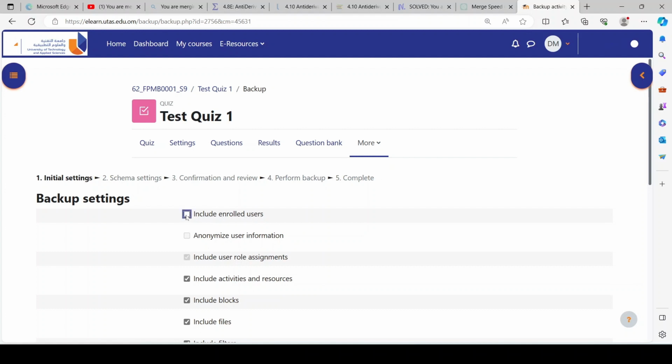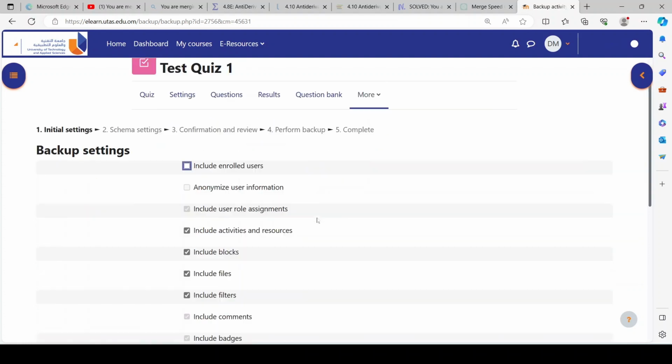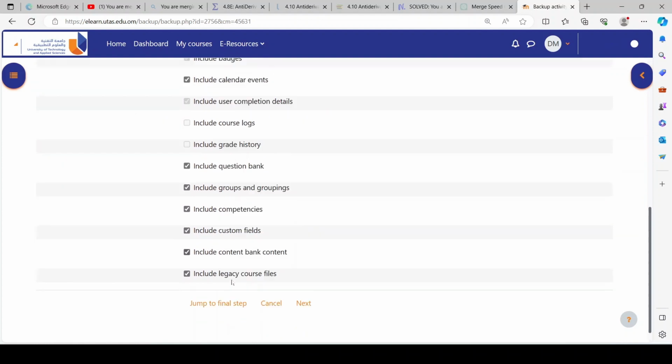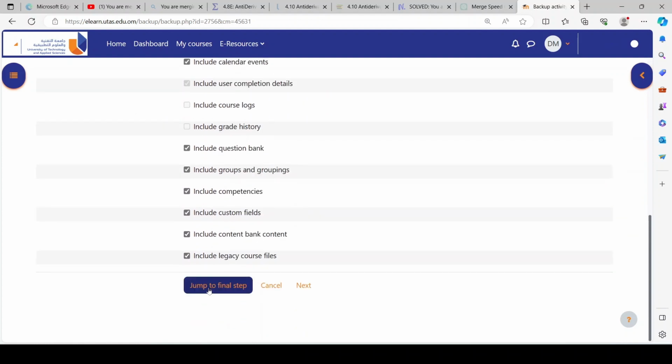So you have to uncheck this, don't forget. If you keep this checked, then all students enrolled in this section will be enrolled in that section also. So always uncheck this before making the backup, and then everything else, including the question bank, is the default setting. You just jump to the final step,